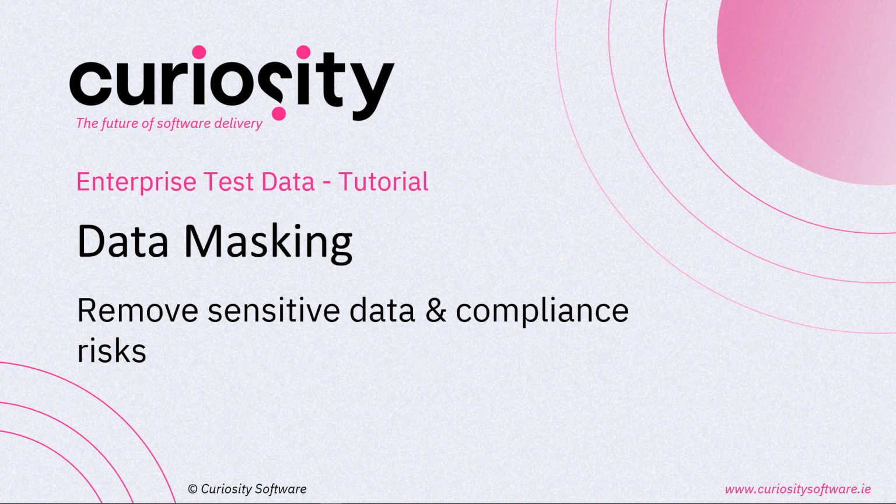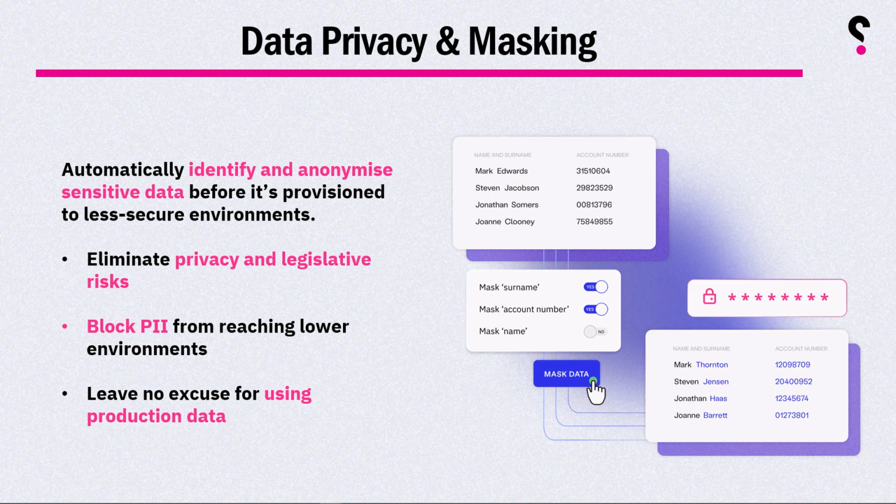Enterprise test data tutorial, we're going to be looking at data masking and how you can remove sensitive data and compliance risks from your environments. Data masking allows you to identify and anonymize sensitive data before it's provisioned to less secure environments. You can eliminate privacy and legislative risks. You can block personal identifiable information from reaching lower environments. And overall, this leaves no excuse for using production data in your lower environments, like your technology, your development, and